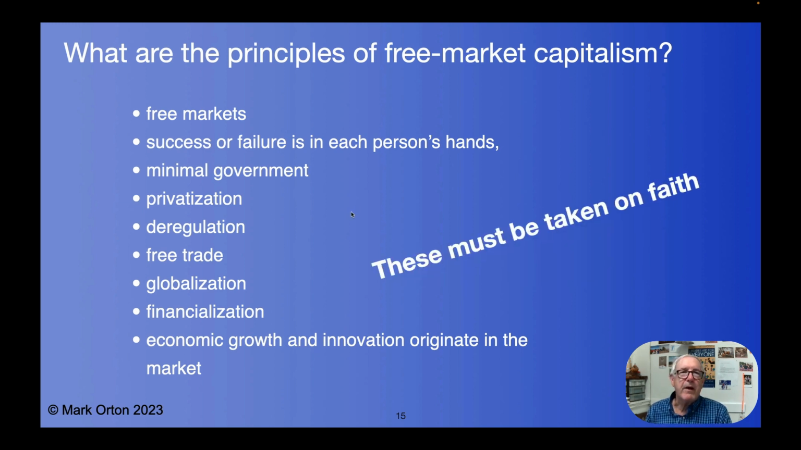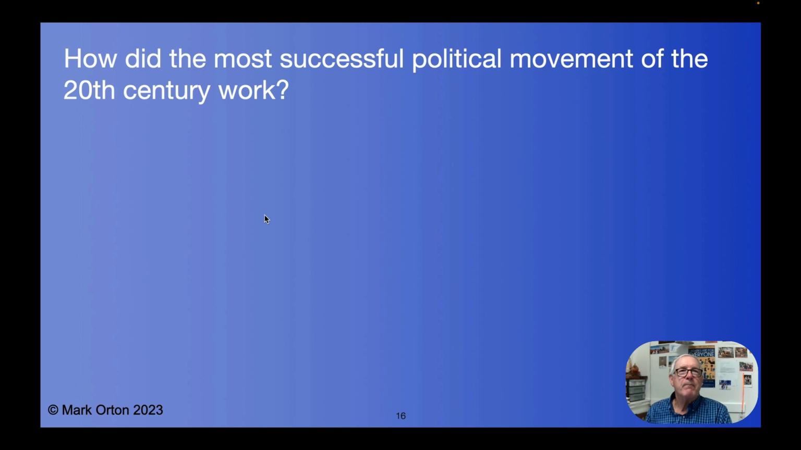These must be taken on faith because there's little or no empirical evidence to support most of these assertions. And they're exactly that. They're assertions of values. So how did the most successful political movement of the 20th century work? And I pause here because